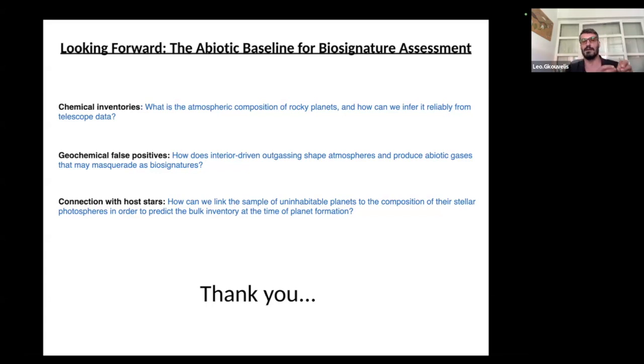So we have to take this population of exoplanets and test our theories, make observations, see, and study the abiotic baseline, the capacity of a planet to produce abiotic signatures. And once we have this, okay, we can go to more temperate planets where biology might be operative and we might have some chance, and then simulate the abiotic baseline, have some certainty about it, and then compare it with the actual signals. And with this, thank you very much.